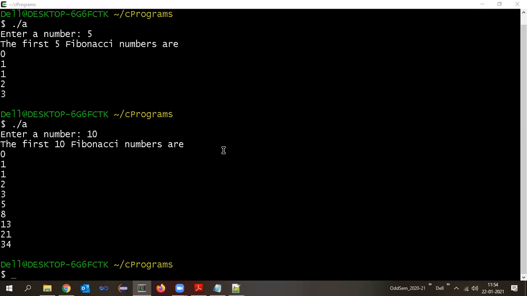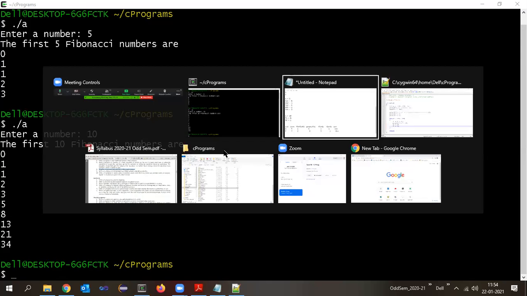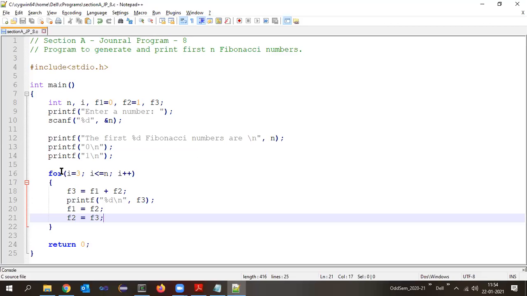Now at this stage you say that you have understood this program, but if you don't repeat this exercise at home today, definitely you will forget this. So take a homework: take 2 different numbers and try to trace the program once again, and understand why we have written the code in which the for loop initial value is 3.